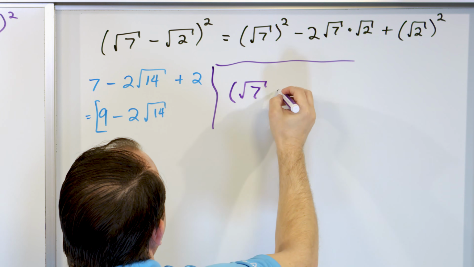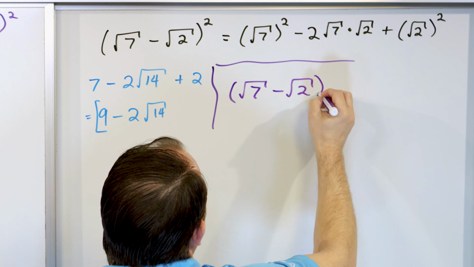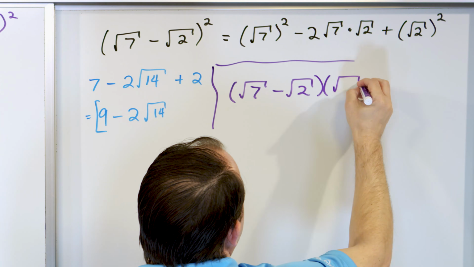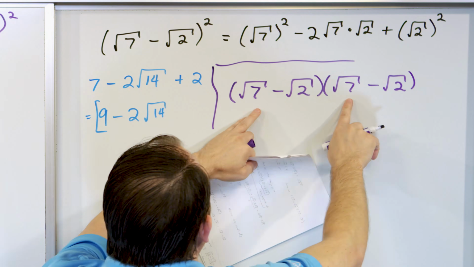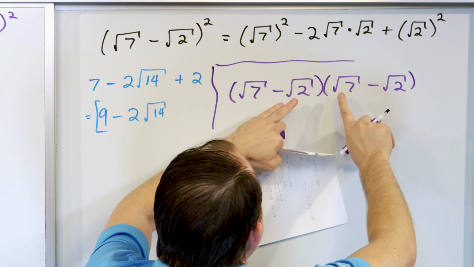Just write it as the square root of 7 minus the square root of 2 times itself, which means square root of 7 minus the square root of 2. And you would work it out like this. This term multiplied would give you this, minus 2